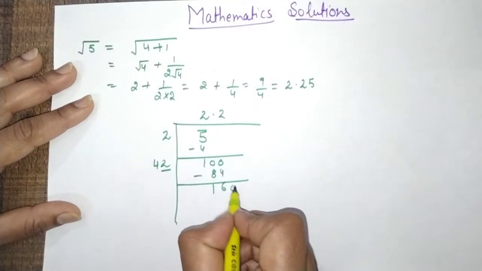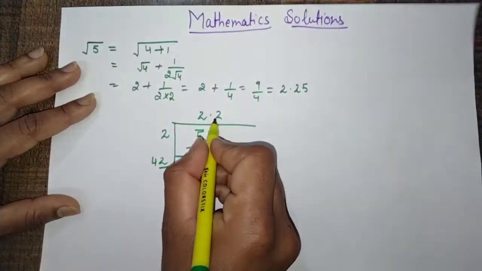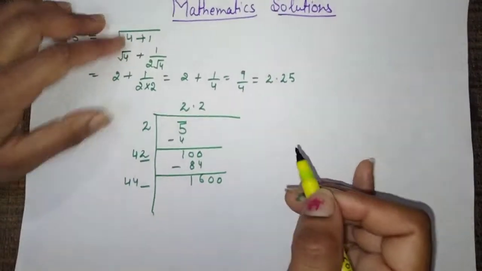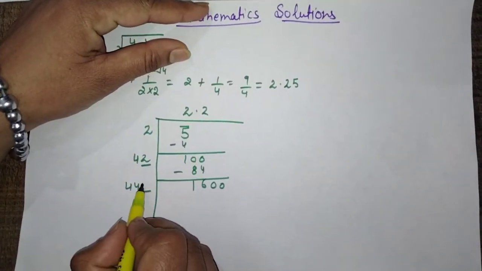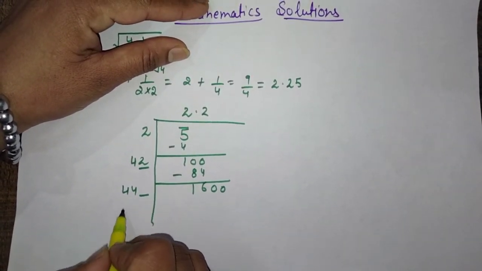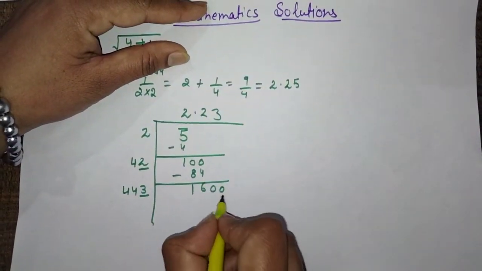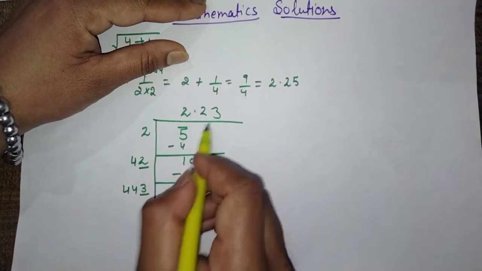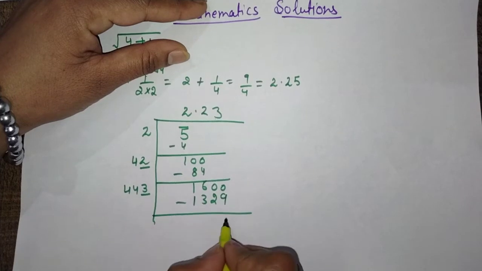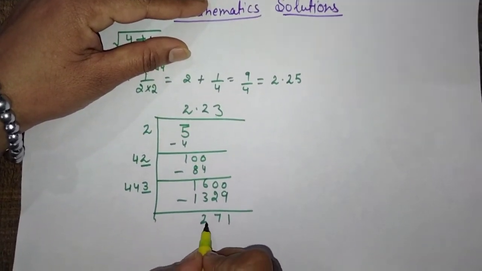Now for this decimal, bring down another couple of 0s and add the last digit of the quotient to this number. 42 plus 2 is 44, and put the blank here. If I multiply this number by writing 4 here, I will get 4 4s are 16, 4 4s are 16 and 170. So I will write 3 here. 3 3s are 9, 3 4s are 12, 3 4s are 12 and 1 is 13. 10 minus 9 is 1, 9 minus 2 is 7, 5 minus 3 is 2.